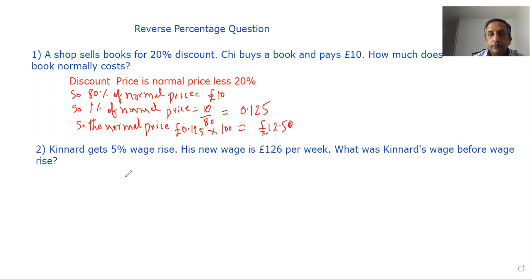Okay, again, this is a reverse percentage question. So how we do it is, we have to find Kennard's wage before the wage rise. So what was the new wage? The new wage was the old wage